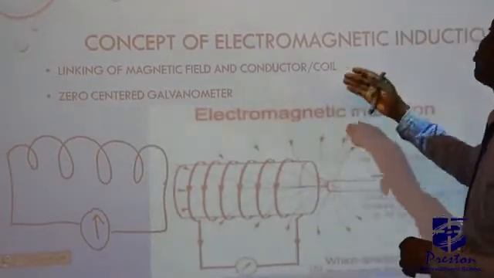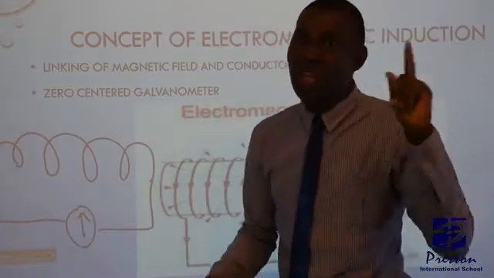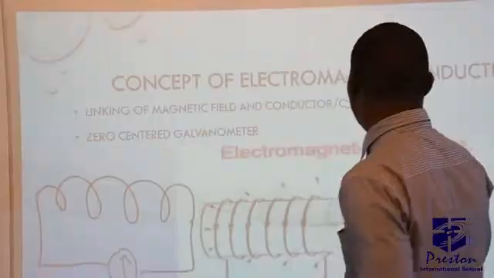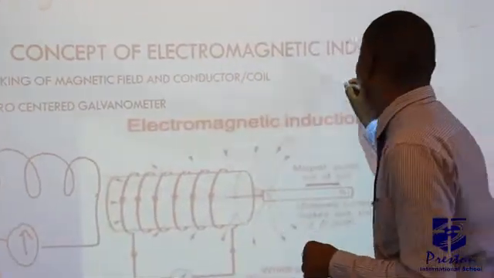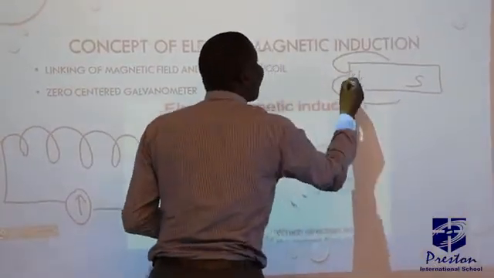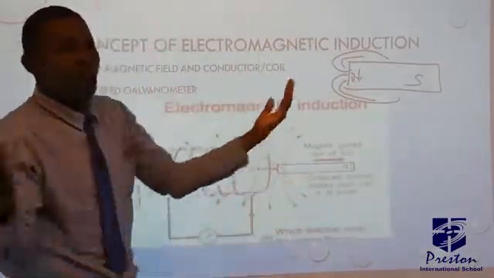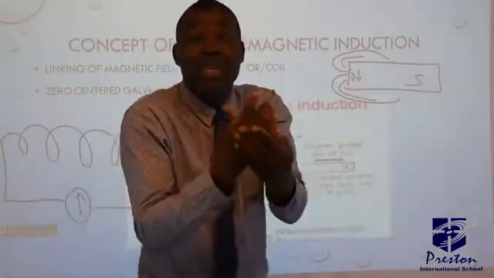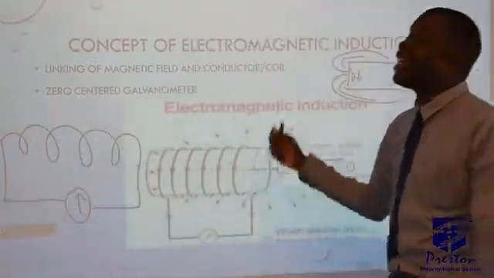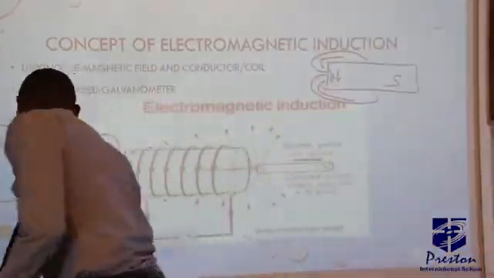We are trying to say electromagnetic induction is when current or voltage is induced in a coil anytime the coil cuts a magnetic field. This is a magnet. Around the magnet is a magnetic field. You've done this already. North, south pole. There is a magnetic field around a magnet. Anytime this magnetic field cuts a coil, it cuts a conductor, it can be a straight coil, it can be a solenoid. As long as they are cutting each other, current, or you say voltage, is going to be induced in that coil.